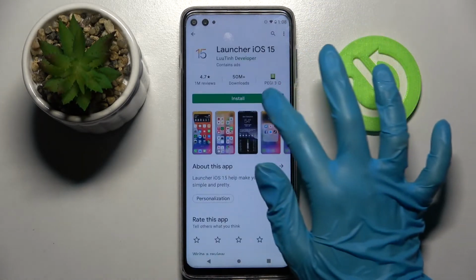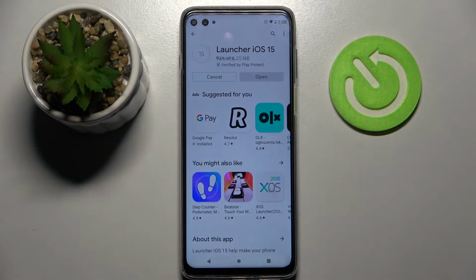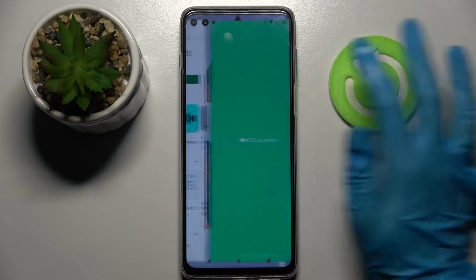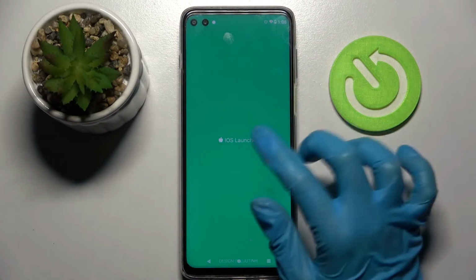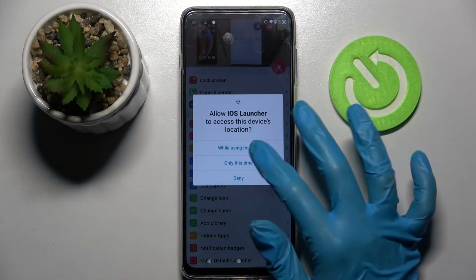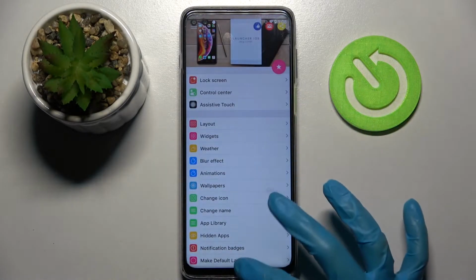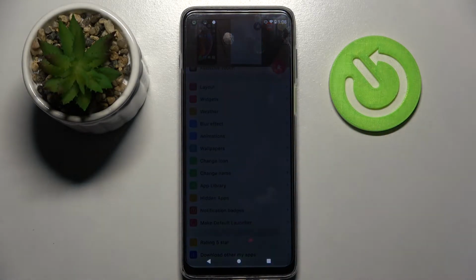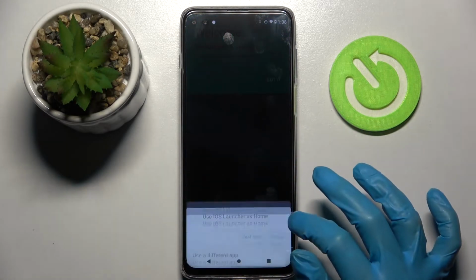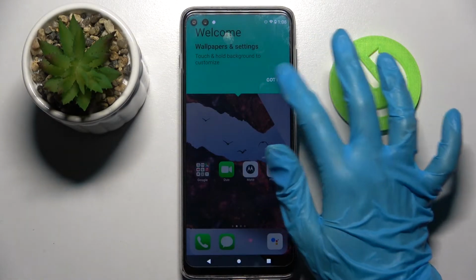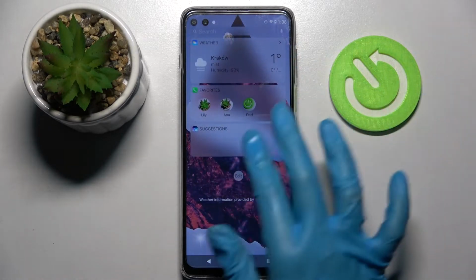Then install this free app from this developer and open it. Now wait for the pop-ups to show up, and when they do, select while using the app and allow. Then choose Home button. Click on iOS Launcher. Tap on Always, select Got it, and as you can see, Apple layout was applied successfully